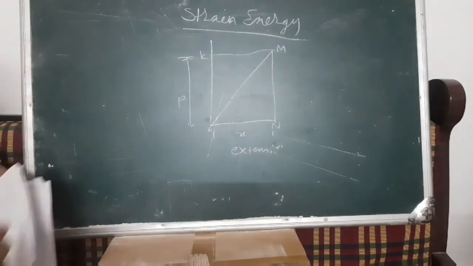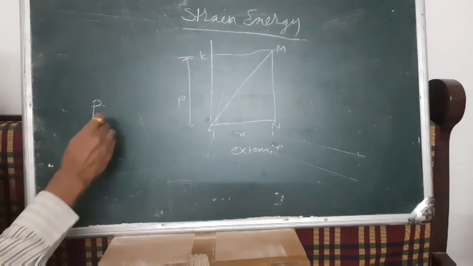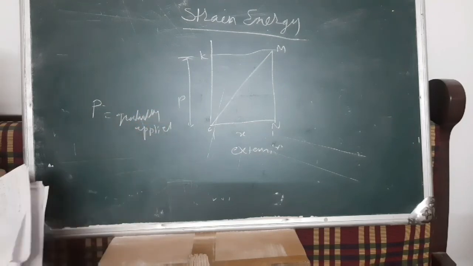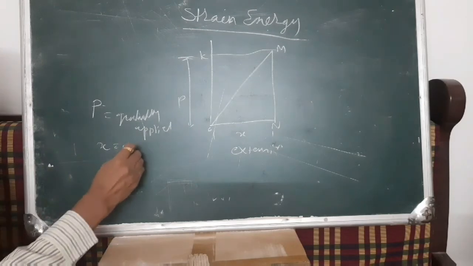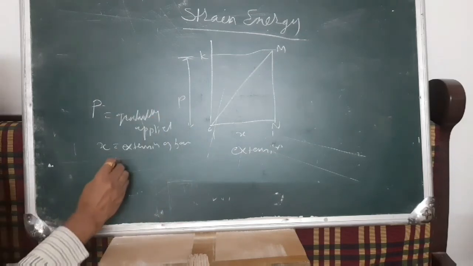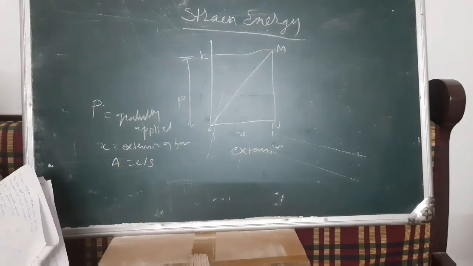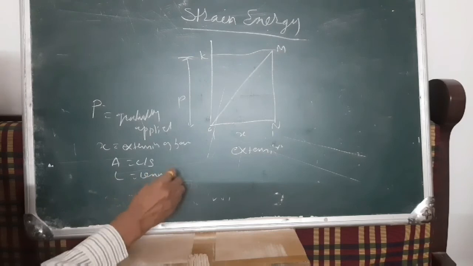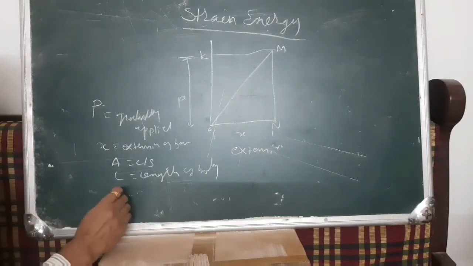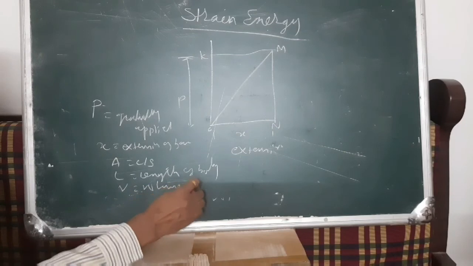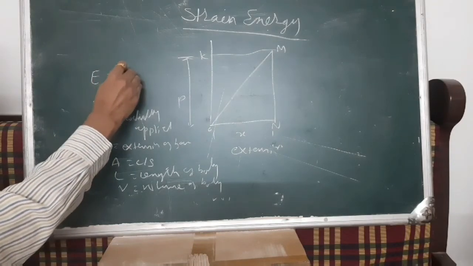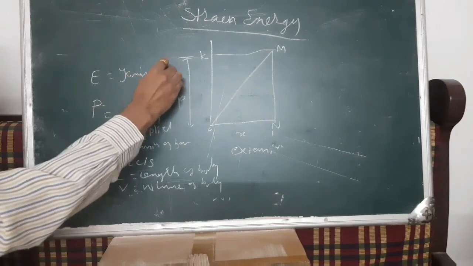Now let P be the gradually applied load, x be the extension of the bar or material, A be the cross-sectional area, L be the length of the body or bar, V be the volume of the body, E be the Young's modulus of the material,